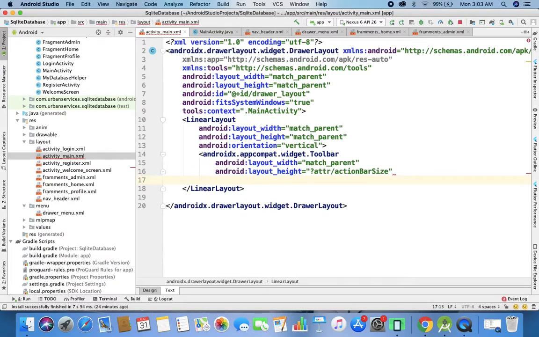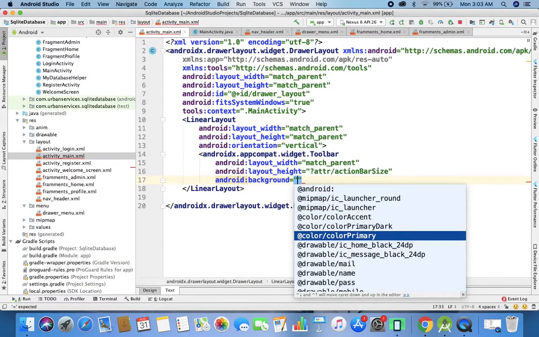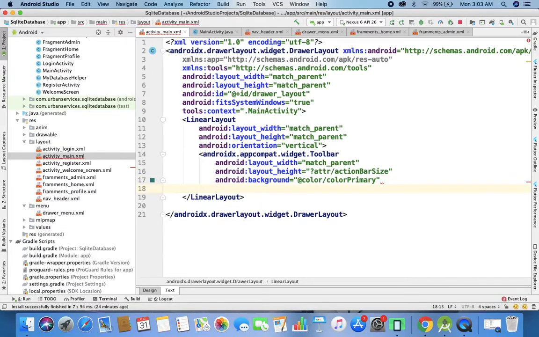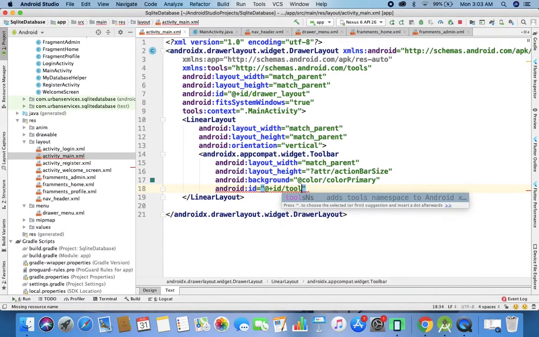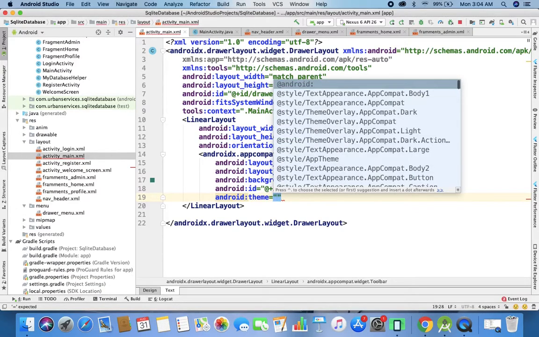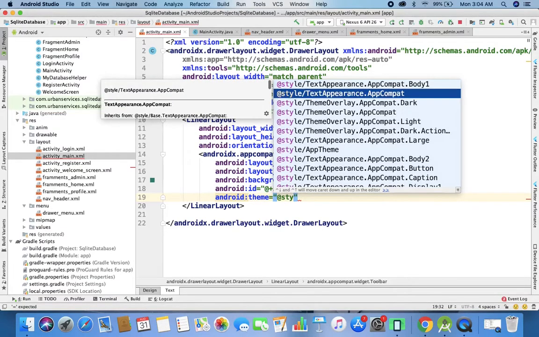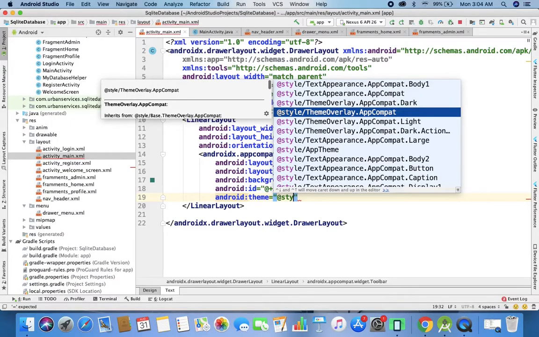Okay, so our toolbar is ready, and with this toolbar we need to provide some background color primary. Here I provide that, and some decorative measures along with the ID. The ID I call toolbar. This is a simple toolbar, and just pay attention, this is the AndroidX appcompat toolbar, and the theme is